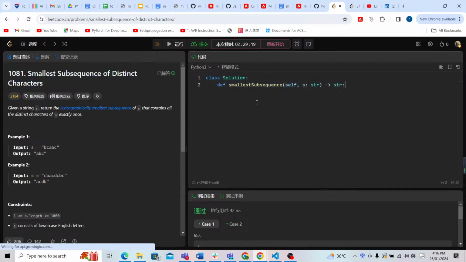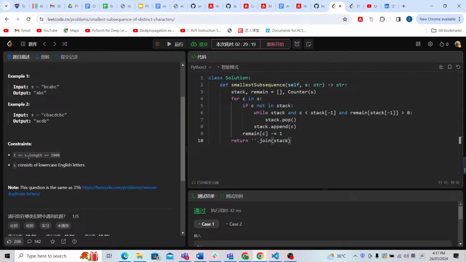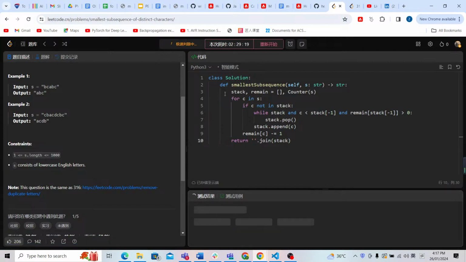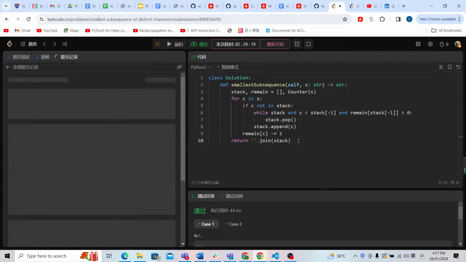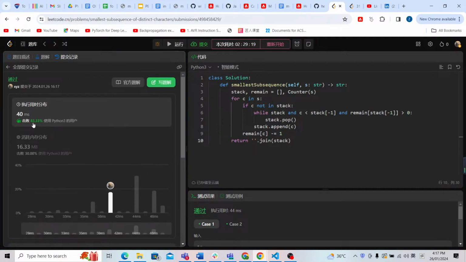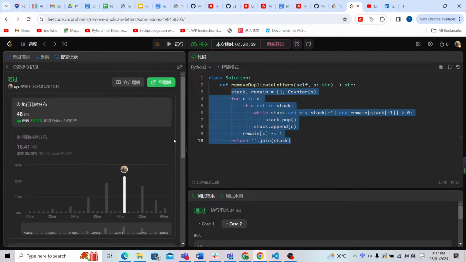Yeah. Now let me just copy the same code to check if it works in this problem. Yeah, 1081. Because the length of S is just 1000, maybe it works. Yeah, as you can see, it works. Now let me submit it. Yeah, as you can see, it works, and it's still pretty fast because this n is just 1000. Now let's check this problem. Yeah, as you can see, the result also works, but it's not the fastest because the time complexity is